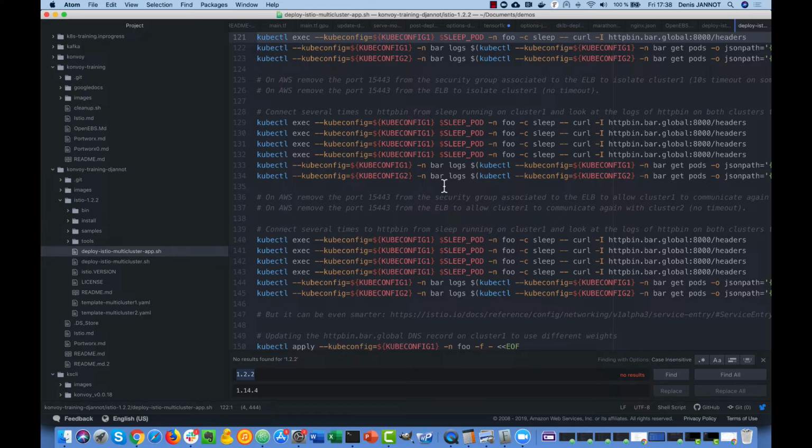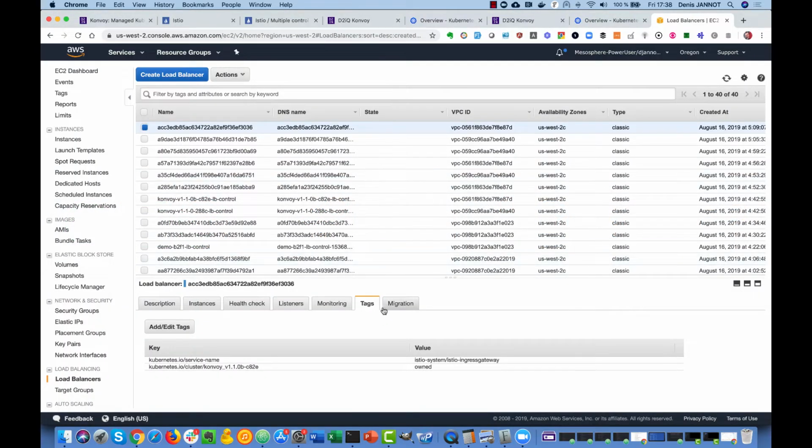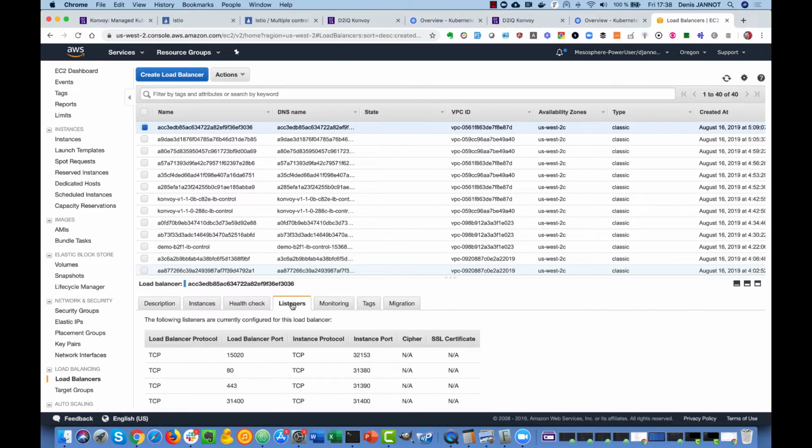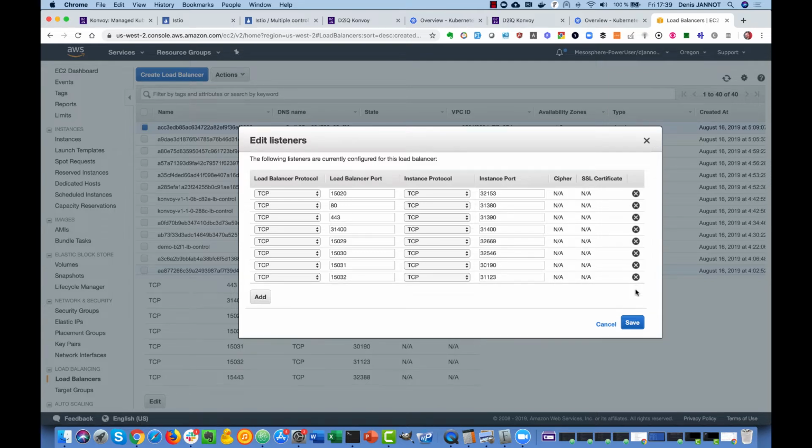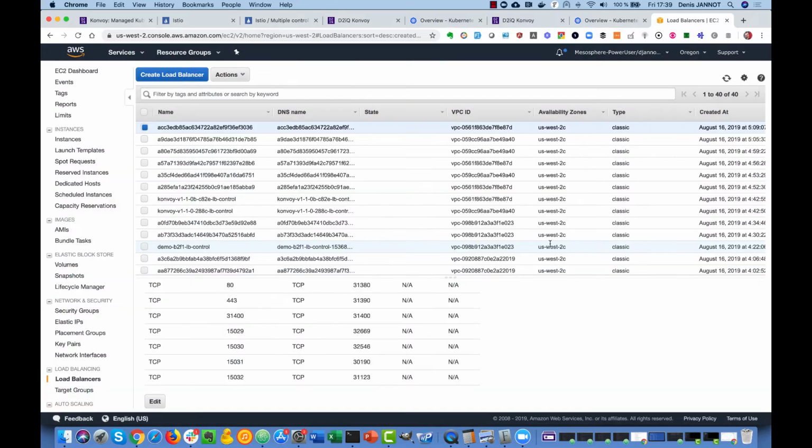Now we want to see what happens if we lose a site. So we'll simulate the failure of site 2. For that we go to AWS. This is the load balancer that is in front of the Istio gateway of the second cluster. So we just go there, and just to simulate it, we will edit the listener, and we'll remove this port here, and this is the current instance port. I'll keep track for recreating it. So just remove that. So the first cluster cannot communicate with the Istio gateway of the second site anymore.